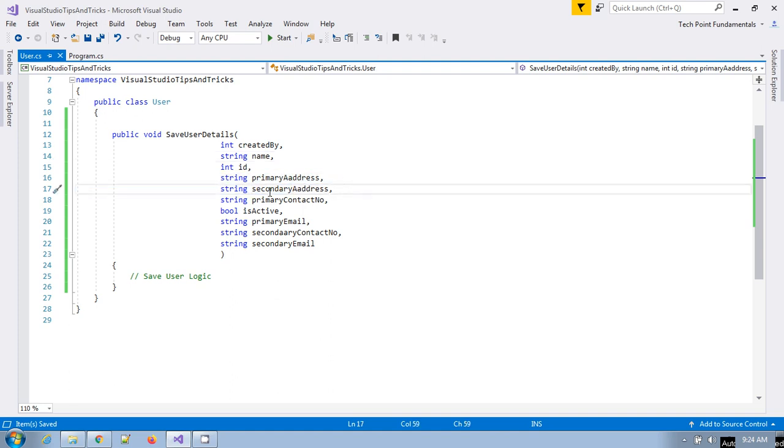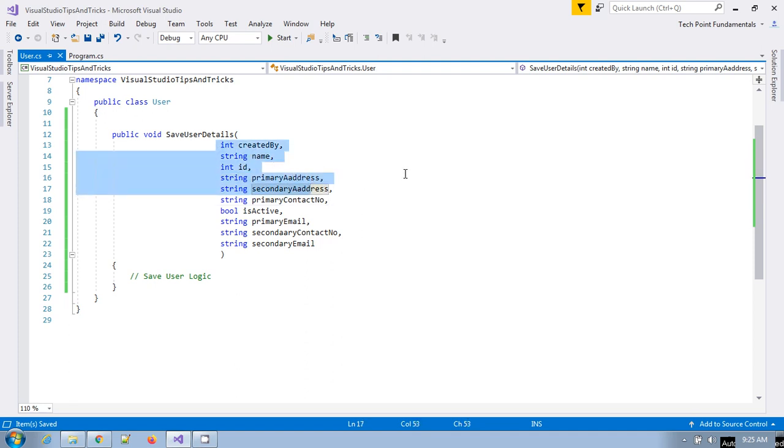For example, if you see here, at first there was only one address and one contact number and one email, but in future there is requirement that we also have to store some primary contact number, primary email, and also secondary email address and secondary address, secondary contact number as well. So we just go and add this parameter because all these parameters are defined earlier.